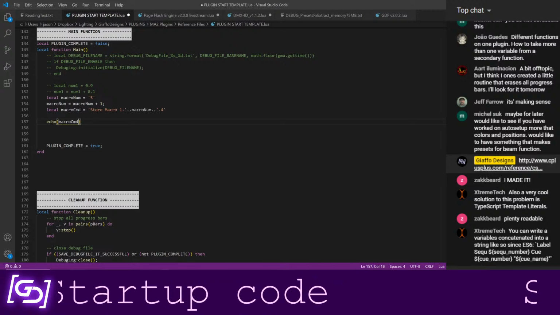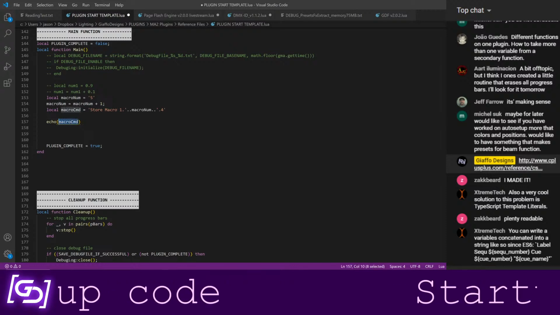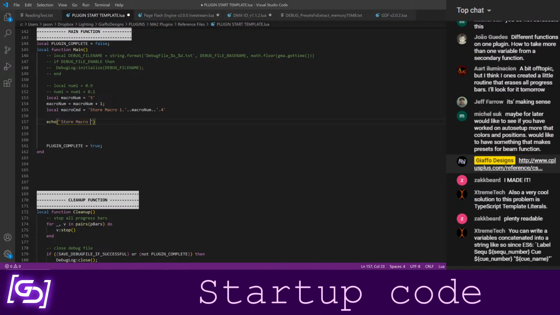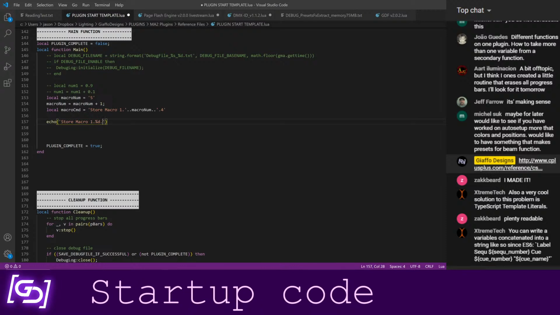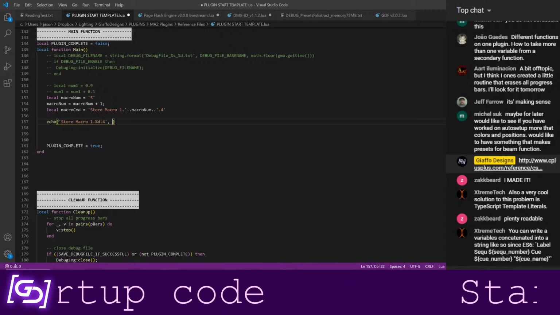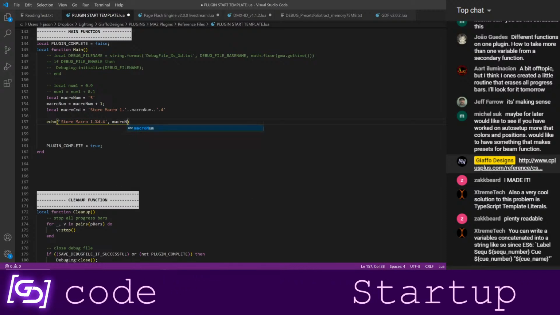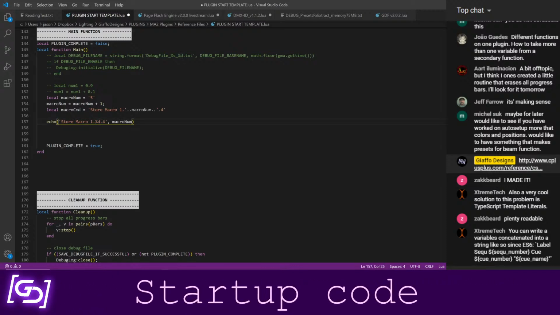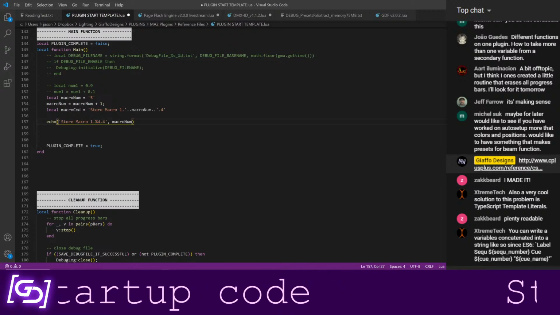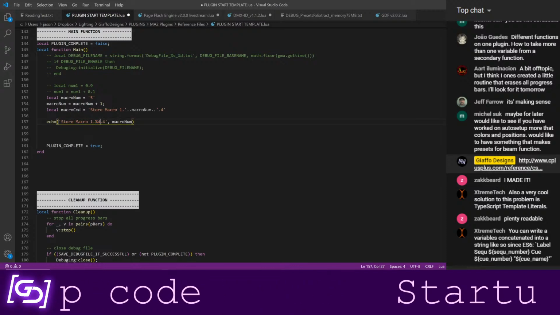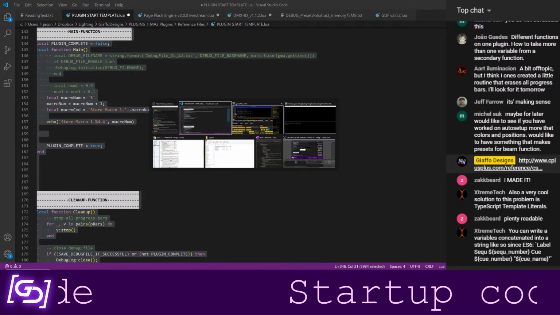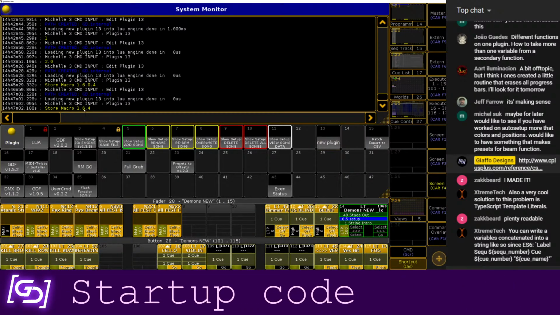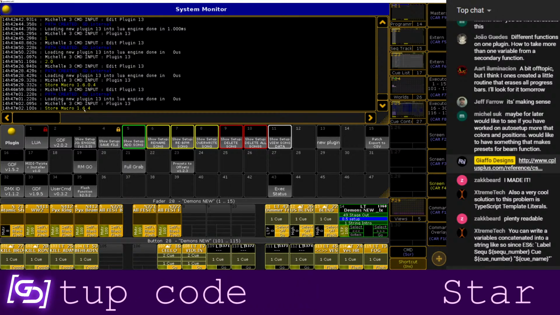Okay, so I'm going to redo this as a string.format thing. So I would say store macro 1 dot my macro number dot 4 in this case, and then my argument to it would be macro number. Now, specifically because this percentage sign D tag means that it's going to be an integer, even if it's reading as a float in Lua's memory, string.format forces it to be pushed down to a normal number formatting.